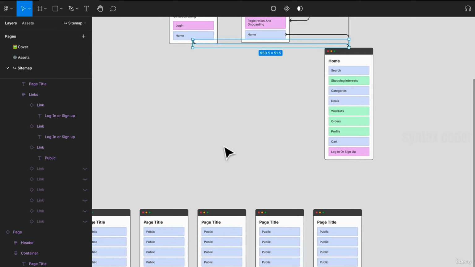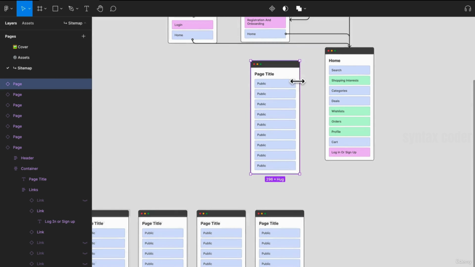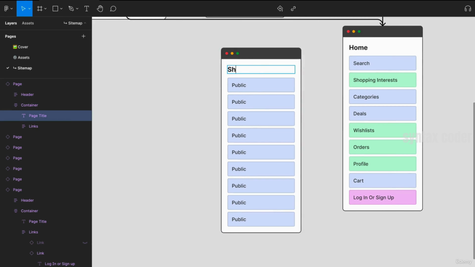Okay. Now I think what makes sense is to start with maybe a couple, but I'm going to start with shopping interests. So I'm going to go in there and I'm just going to name it. Now you can just follow along with me, or you can go ahead and do your own thing. If you feel like you have enough of what you need to actually just get started, I think you should at this point,